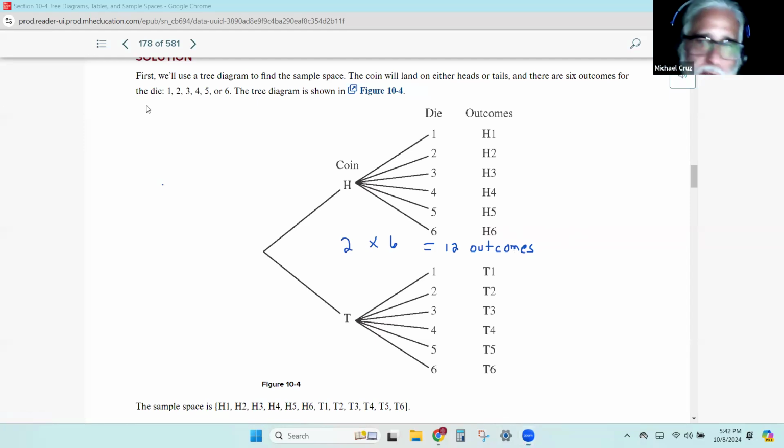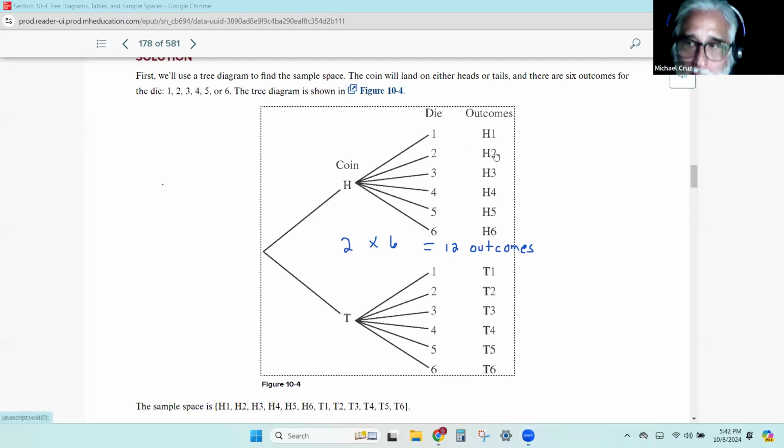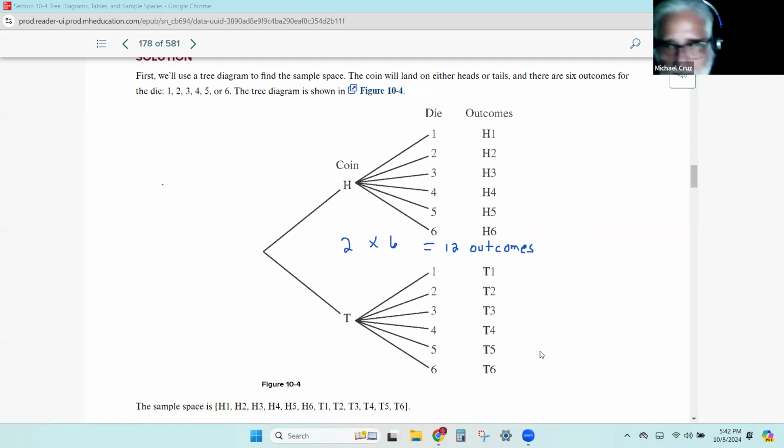And here are the 12 choices. You got head 1, head 2, head 3, head 4, head 5, head 6, tail 1, tail 2, tail 3, tail 4, tail 5, tail 6. That's the 12 outcomes. So let's see if we can